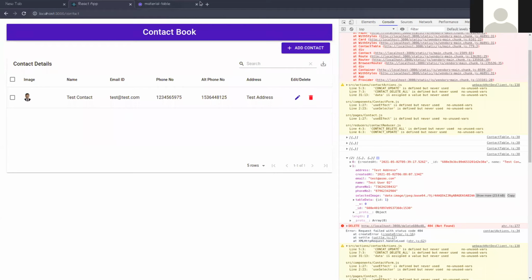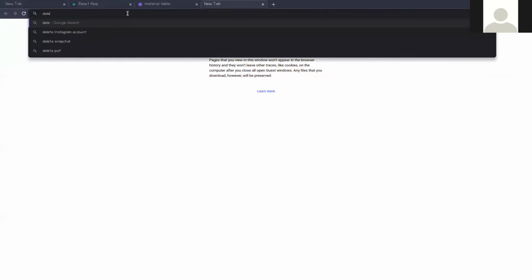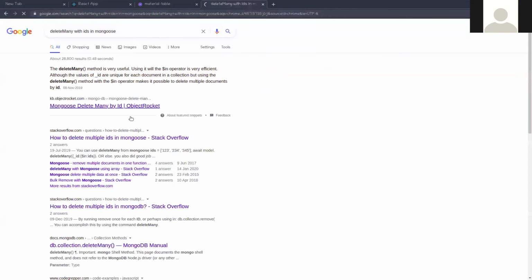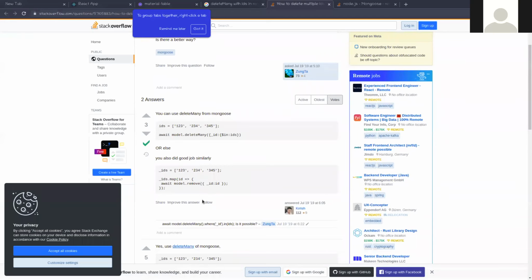If you search deleteMany with ids in mongoose, so this is actually the step.